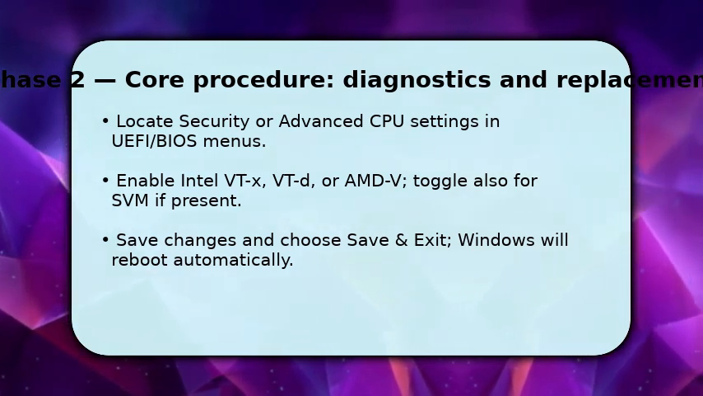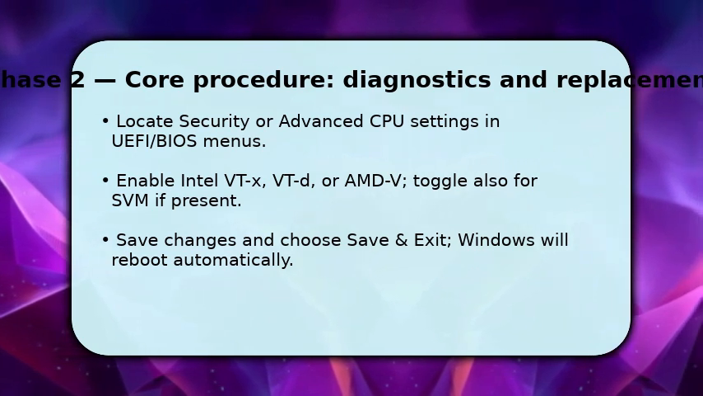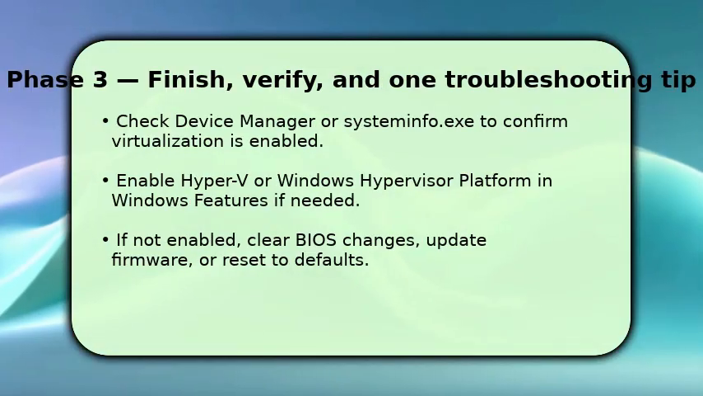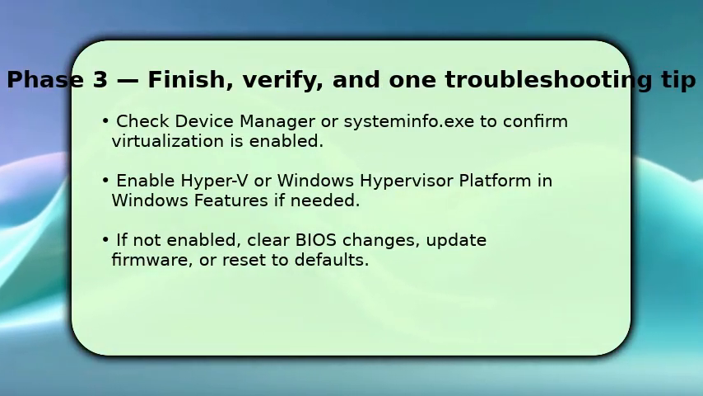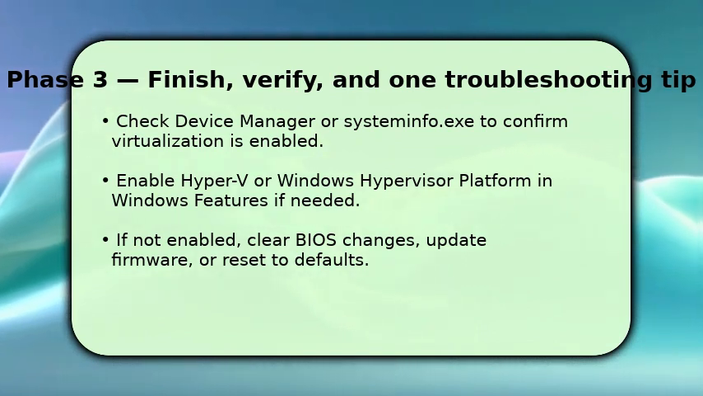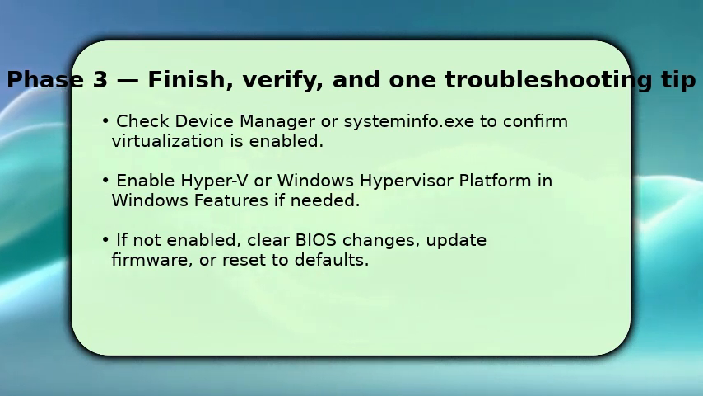After you save, the system reboots into Windows, and the firmware now exposes virtualization features. You now verify the change. Open Task Manager under Performance, or run msinfo32.exe and look for virtualization: Enabled. Then turn on Hyper-V or Windows Hypervisor Platform via Turn Windows features on or off, if you plan to use